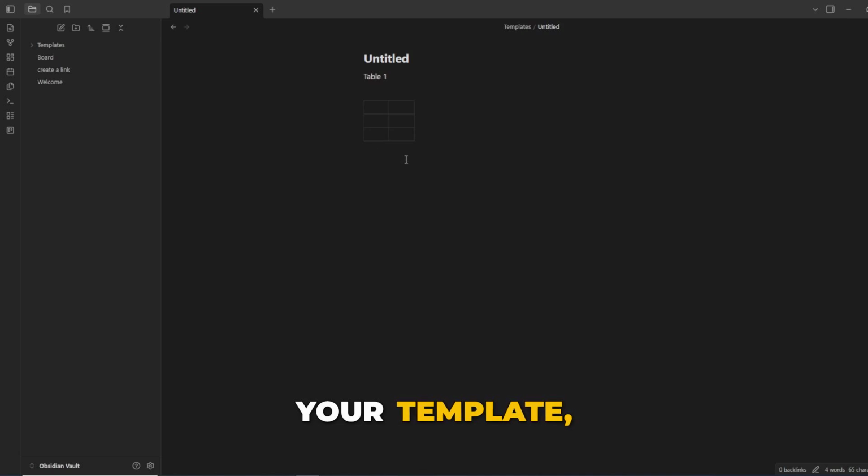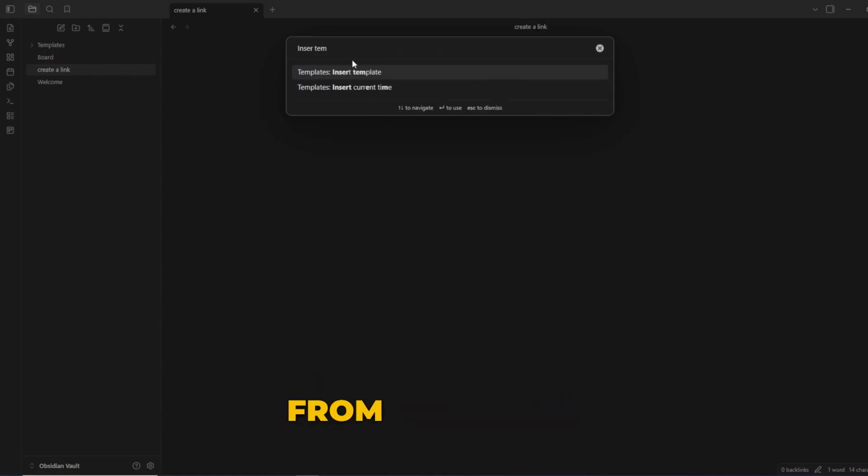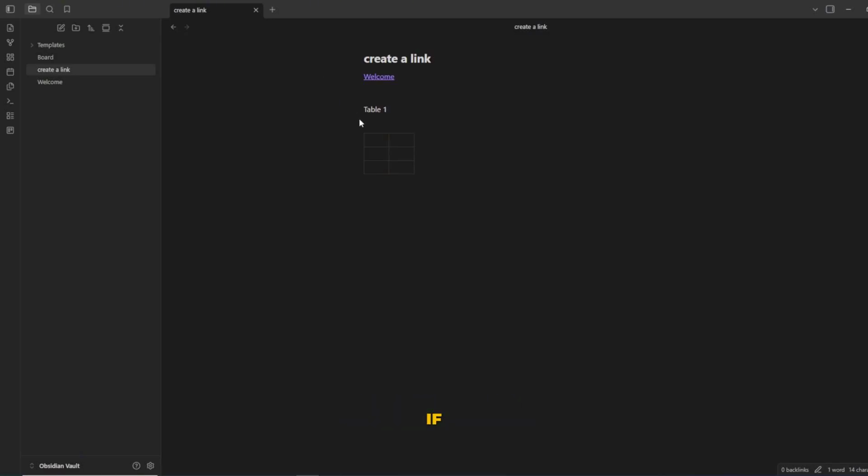To use your template, create a new note anywhere in your vault. Open the command palette by pressing Ctrl-P, type Insert Template, and select it. Choose your template from the list, and all your preset items will be inserted instantly. If you have multiple templates, they will all appear in the list, so you can pick the right one for